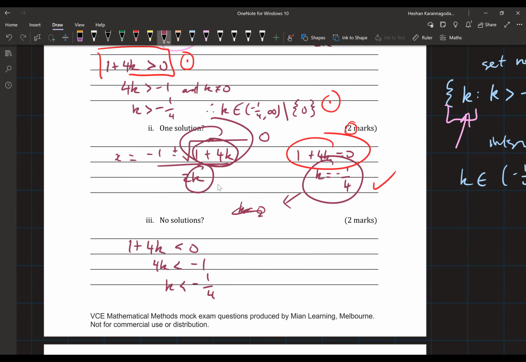That's just when our square root is negative. I think k equals 0 shouldn't be part of any of them, because then our function is just not valid at all, so it doesn't even matter in this question. Okay, so just k is less than -1/4. If we wanted to write this in set notation, it'll be k such that k is less than -1/4. Or in interval notation, k is an element of (-infinity, -1/4). Not squiggly brackets, but round brackets. Note that round brackets for interval notation mean exclusive, so it actually doesn't equal at that point.